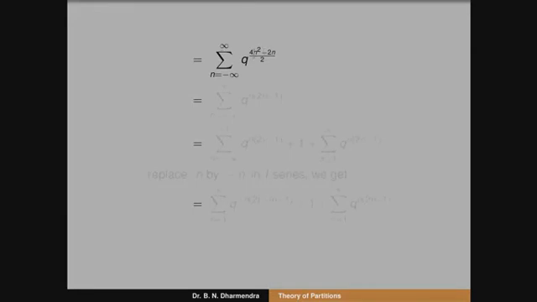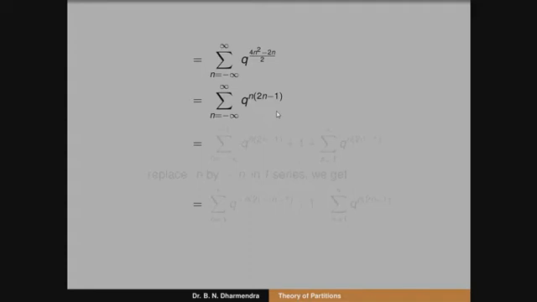We can take 2n as a common factor, which gives 2n into 2n minus 1 divided by 2. The 2 gets cancelled, and it can be written as summation n running from minus infinity to plus infinity q to the power of n into 2n minus 1. In the next step, we can split n into 3 parts. The first is the negative integers, n equal to 0, and the last is n a positive integer.